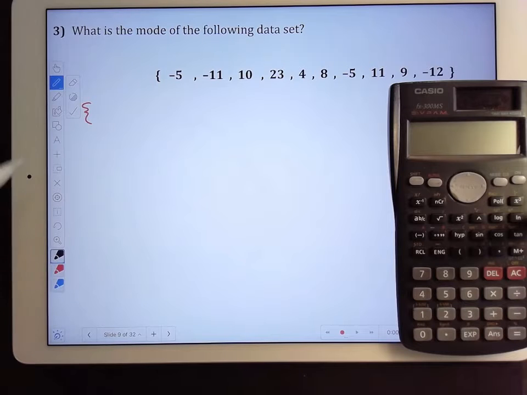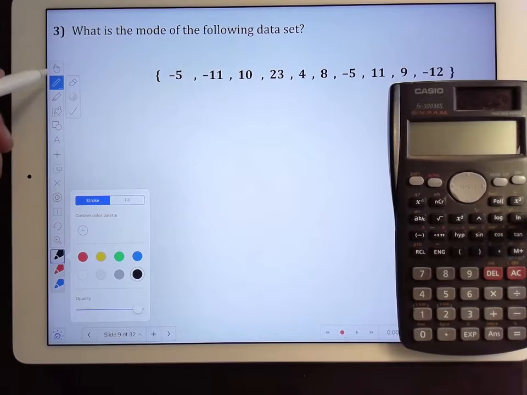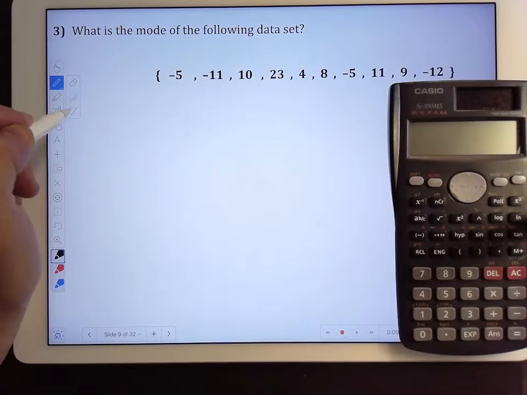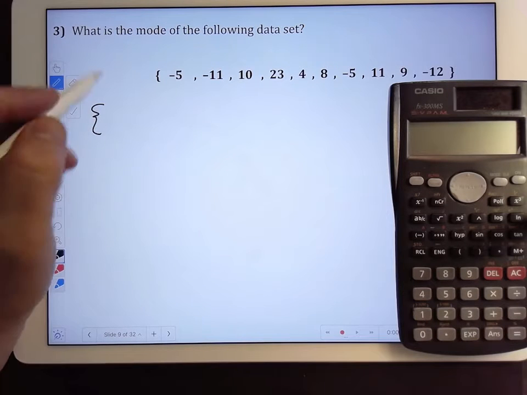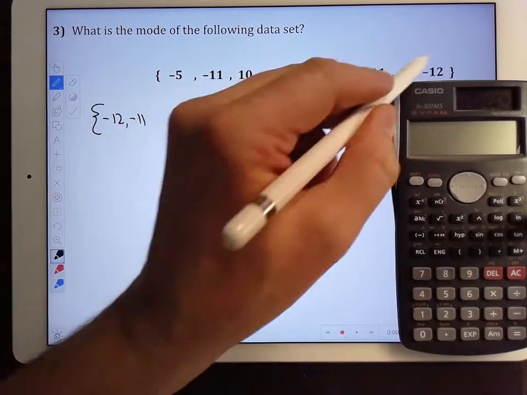Sorry, let me just change that pen color out there. It's not a bad thing to rewrite them just to make sure that they're clear, and it's a good habit to get into, although probably not absolutely necessary, at least for the mode. But I'll take a moment and I'll start off with my negative 12, move on to my negative 11, get rid of these